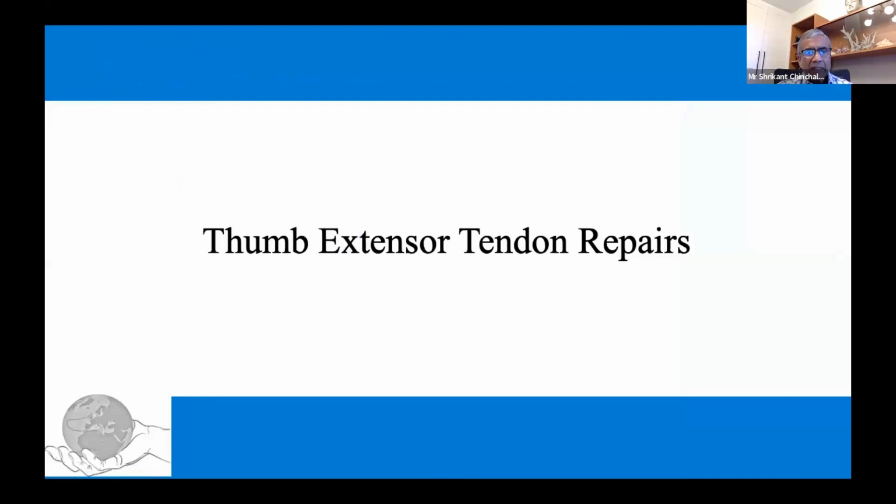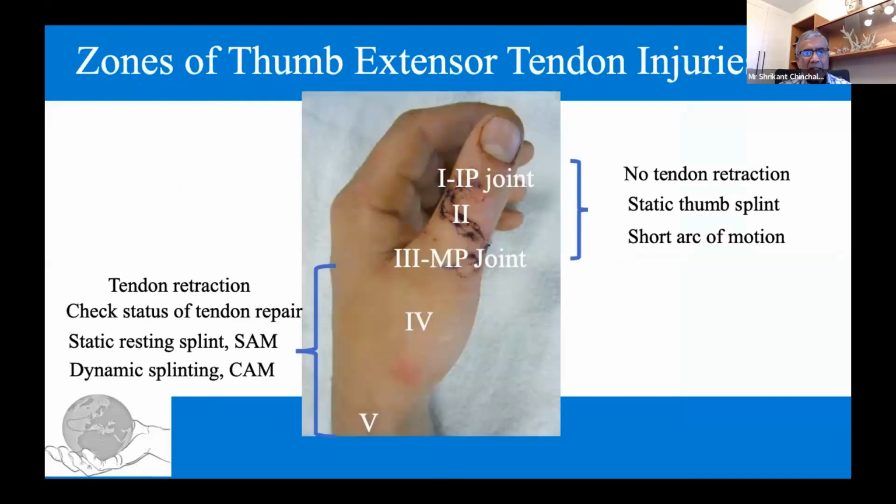So for a thumb extensor tendon, it is important for us to consider the level of injury as well. Thumb extensor tendon injuries are divided into zone 1, zone 2, zone 3, 4, and 5. If the tendon transection is distal to the metacarpophalangeal joint, there is no or relatively minimal tendon retraction proximally. So zone 1 and 2 can successfully be treated by means of a static thumb splint, and they can begin